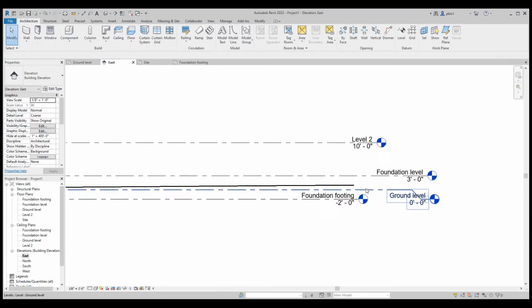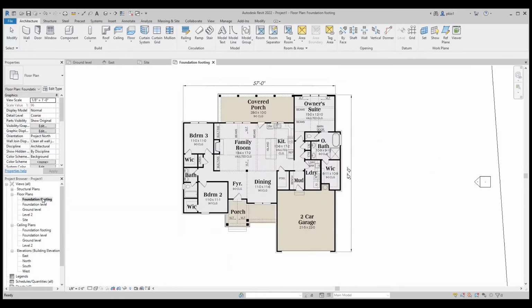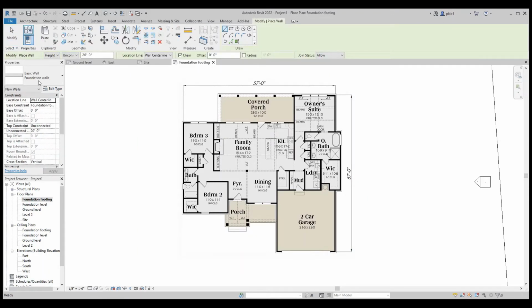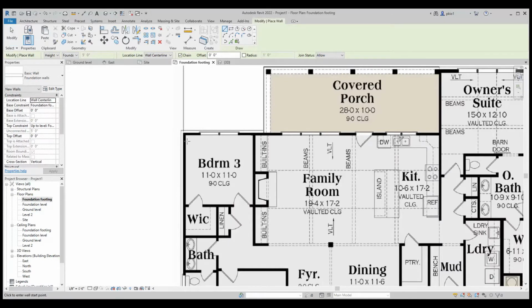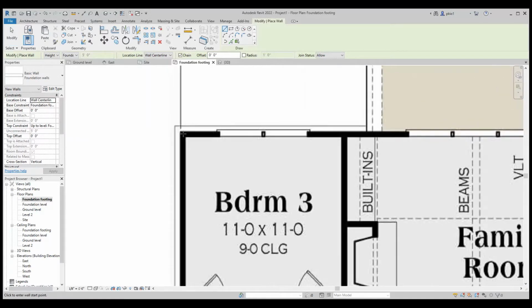That's 5. So I'll go back to the level where I want to draw the wall, select the wall, foundation wall, and I'll give it a height. We can set the base constraint to be footing and set the top constraint to be the foundation level. This way, whenever we adjust these levels, the wall will move with it. And you can see here that it is automatically 5 feet as we measured. And we'll trace them according to the outlines of the drawing.